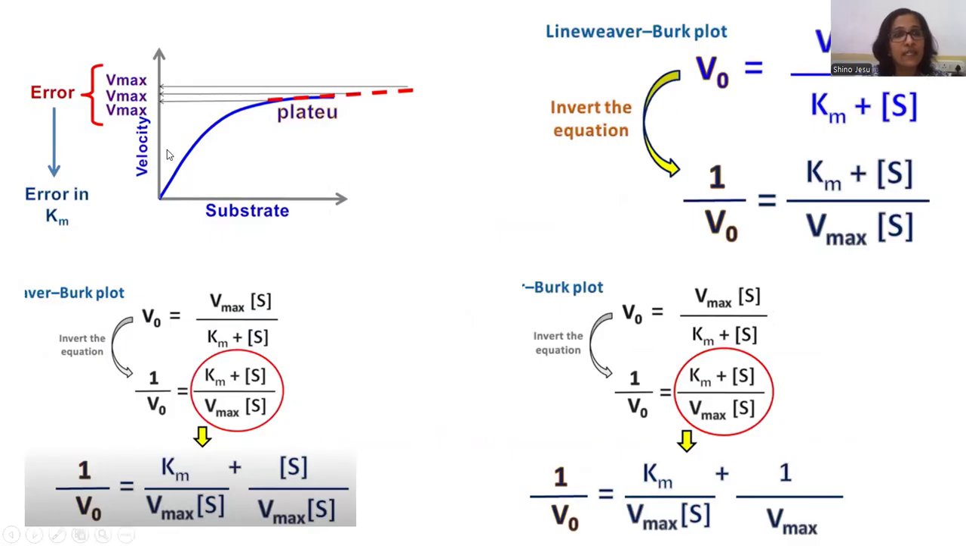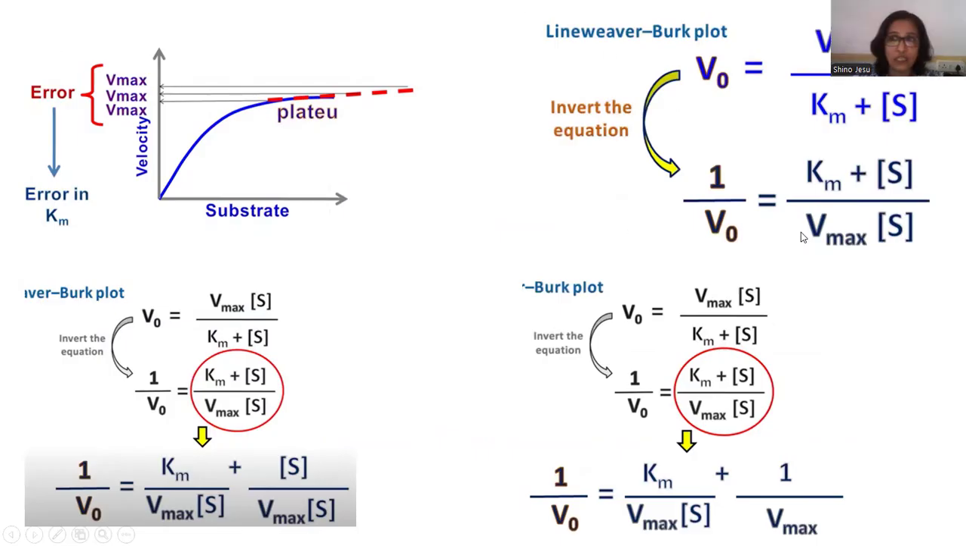So here on the left side you can see the Michaelis-Menten plot, and when the substrate versus the velocity is being plotted, you can see the Vmax can be any of these. You cannot pin it down because as a plateau formation is happening, there can be errors in calculating the Km and Vmax. Okay. So in the Lineweaver-Burk plot, first what we are going to do is